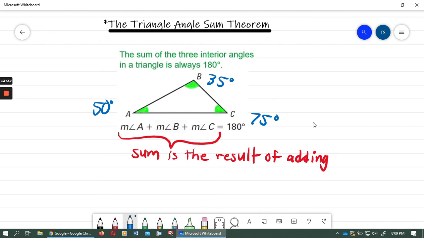They could be numbers like that: 50 degrees plus 35 degrees plus 75 degrees. Or they could be stuff like 5x, 4x minus 5,